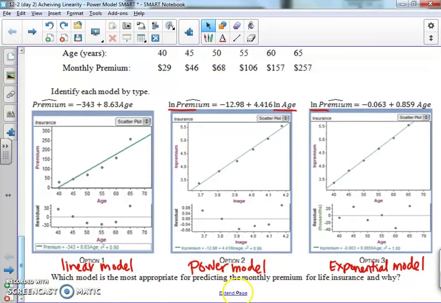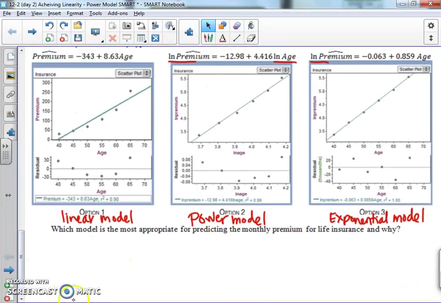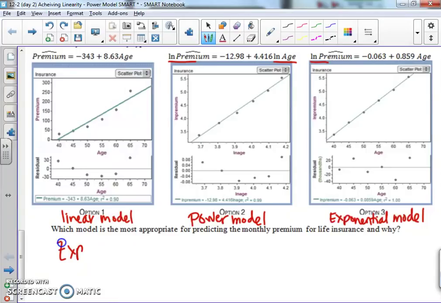So the last little question here says, which model is the most appropriate for predicting monthly premium for life insurance and why? If you had to predict these, you don't want to do it off of a curved pattern of any kind. So we don't want the linear, we don't want the power. In this case, the exponential model would be the best. Okay? It is the most appropriate